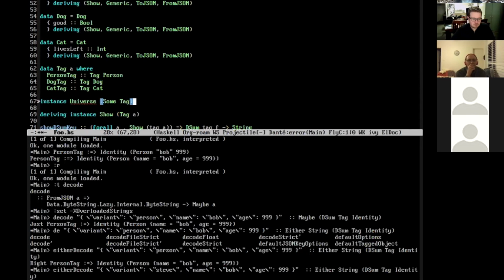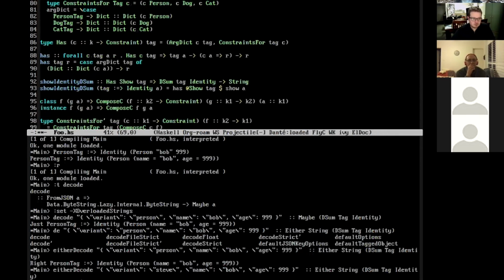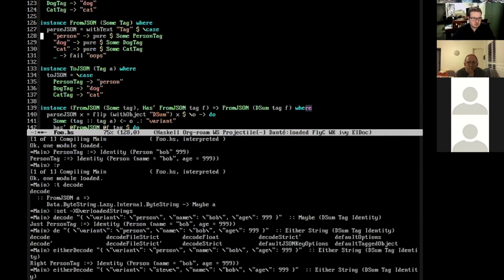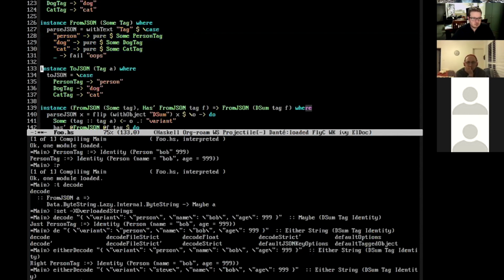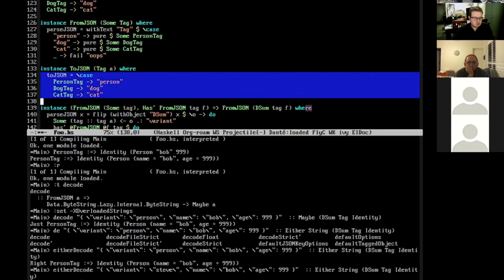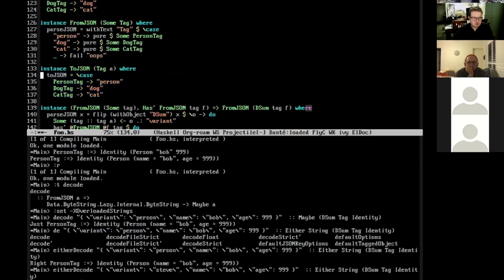Once you've got that, you can feed it into the string key for function to make sure you parse each possible thing properly. You can map this across the universe of some tags, and then sum it together with alternative, and toJSON here is like packing string key for, right?